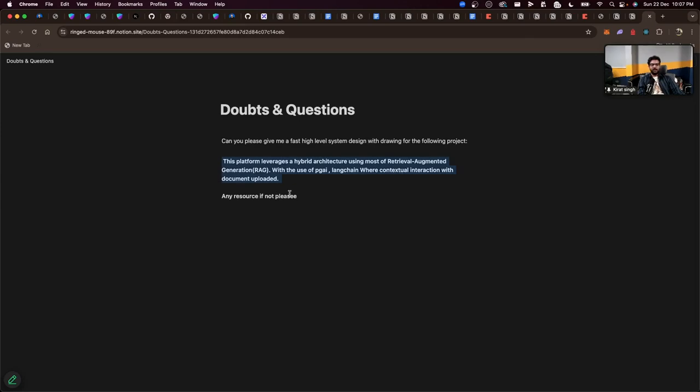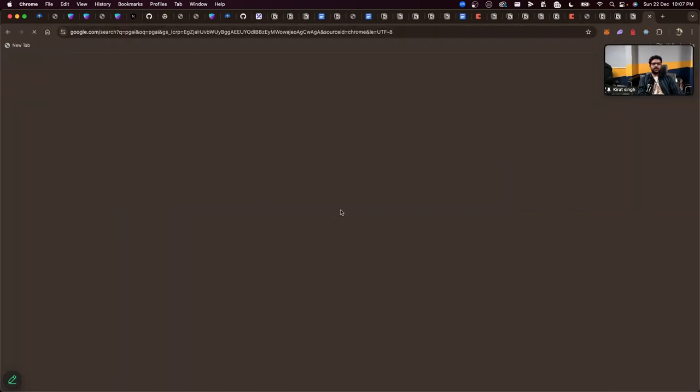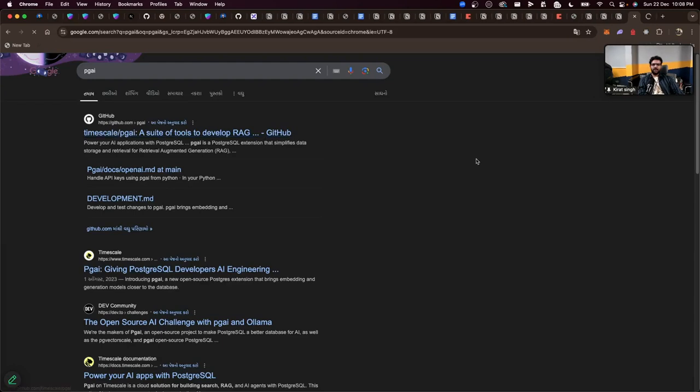Tracking, with the use of PGAI, LangChain, where contextual interaction with the document is uploaded. This part, I don't know, PGAI and contextual interaction with document uploaded. My guess is this is a platform where you can come, upload a document and talk to it. So it does say you have to use a hybrid architecture using most of RAG. This part I understand, but it seems like they don't want you to just build RAG. They want you to build a hybrid platform with RAG and